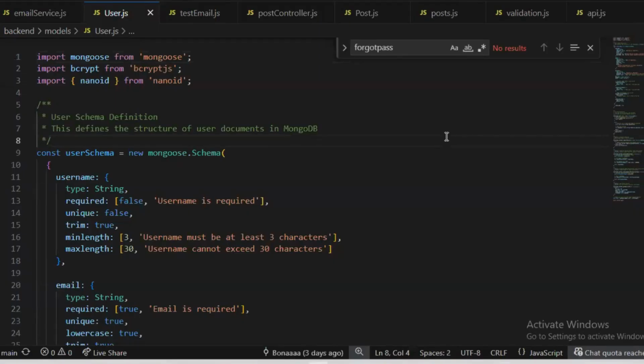Okay, here is where NanoID is actually imported and used, in user.js.